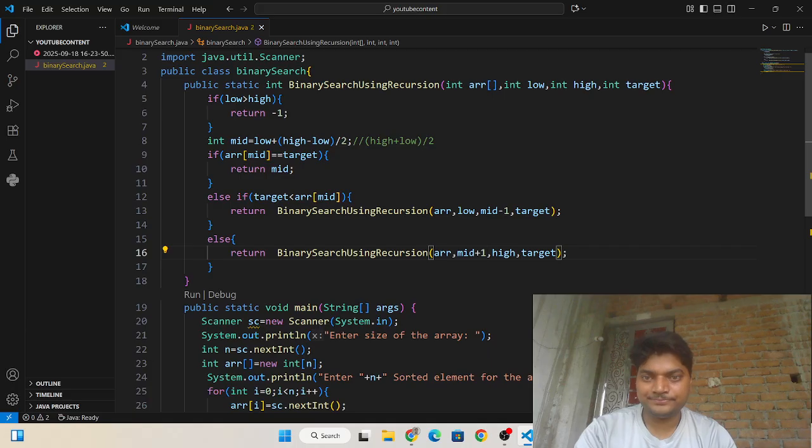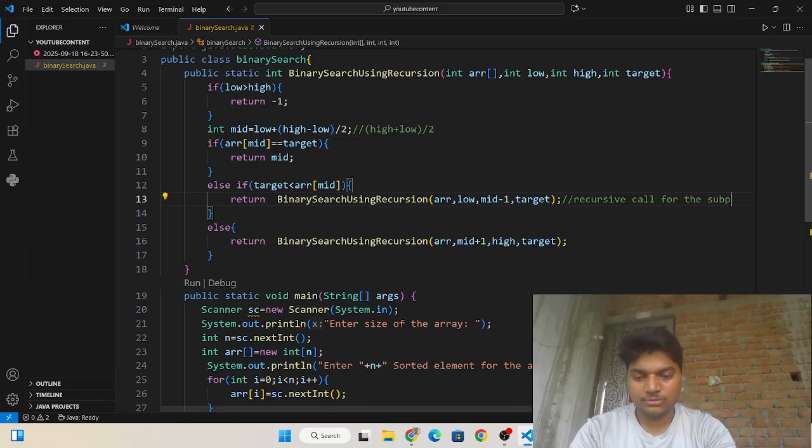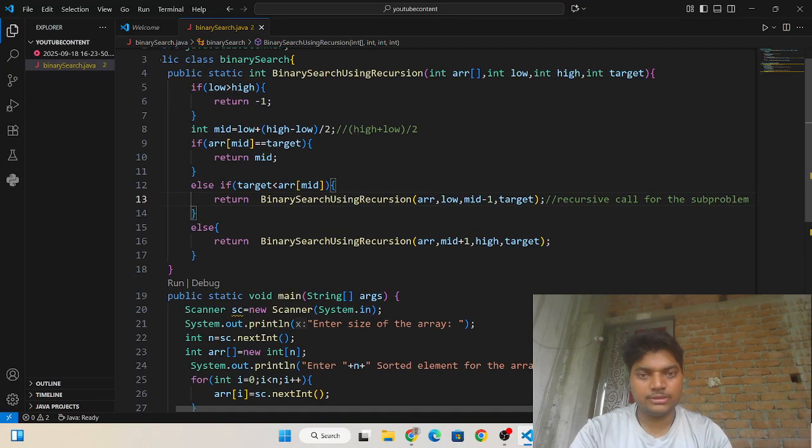This is the recursive call, or sub recursive call, for the sub problem. And this is the base case of the recursion.